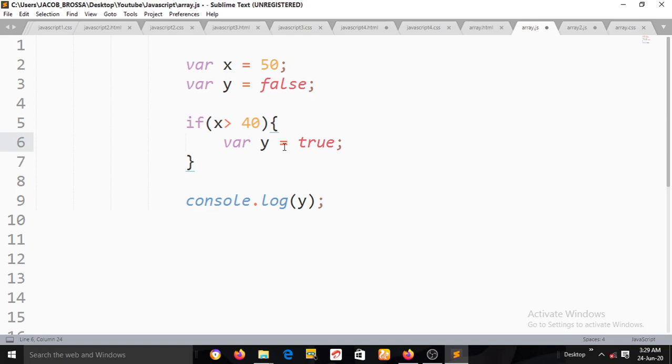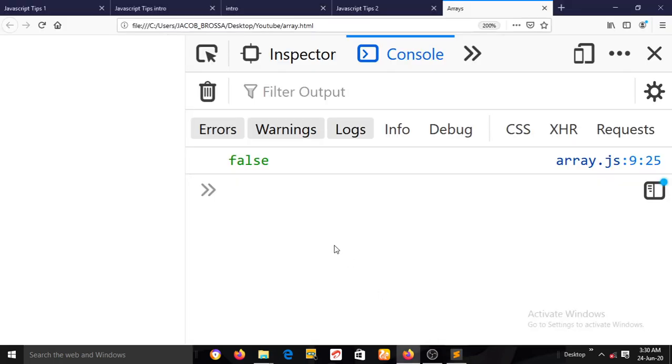So when I declare a variable at the global scope, that's outside the code block, and redeclare this variable in the code block, now when I save this and go to my browser, notice that the var variable is going to redeclare. It's going to leave this one at the global scope and give me the one in the block scope. So when I save this and go to my browser and reload,